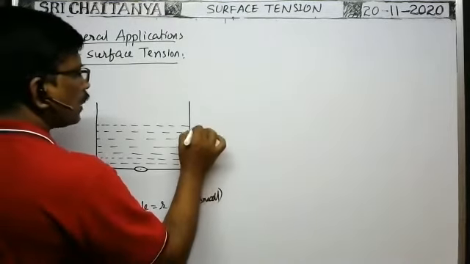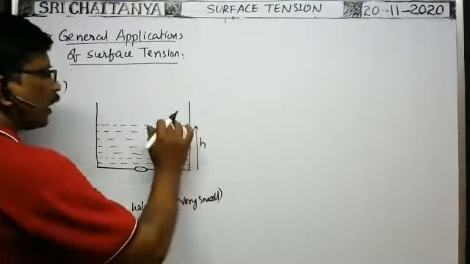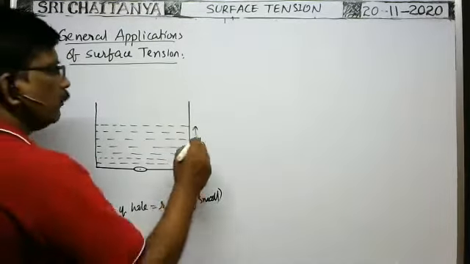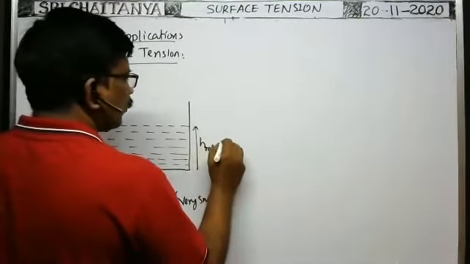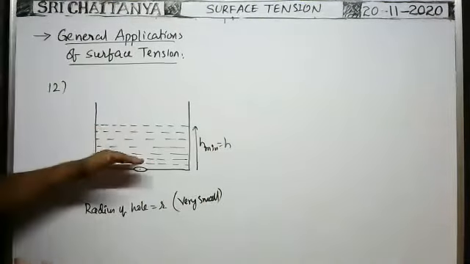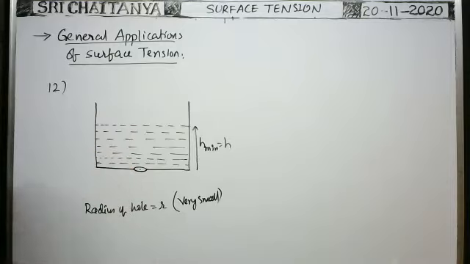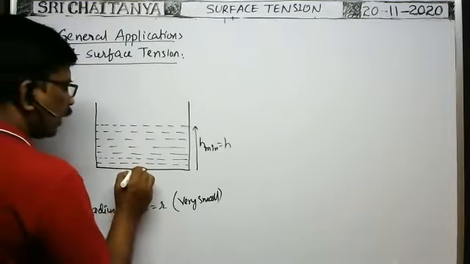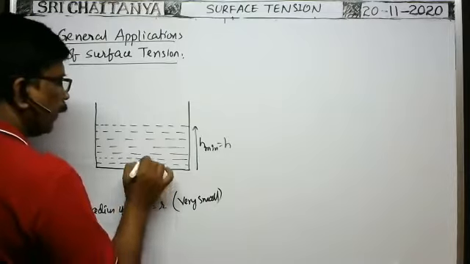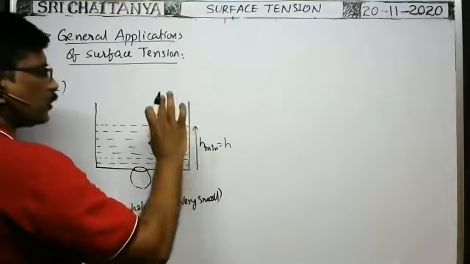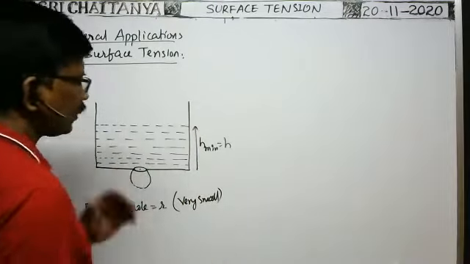The height up to which the water is taken, the minimum height up to which water is taken in the beaker, H minimum is equal to H. The minimum height up to which water is taken in the beaker so that the water leaks out through the hole drop by drop. అంటే ఇక్కడ దీంట్లో నుంచి వాటర్ డ్రాప్ బై డ్రాప్ ఇట్లా బయటికి లీక్ కావాలంటే మినిమం హైట్ అప్ టు ద వాటర్ ఇస్ టేకెన్ ఇన్ బేకర్ ఇస్ ఏ H.